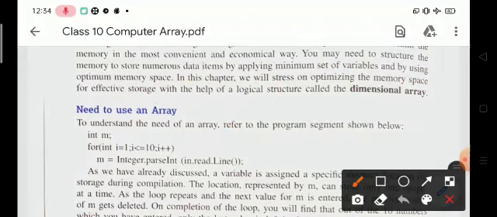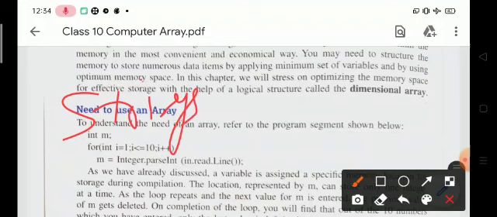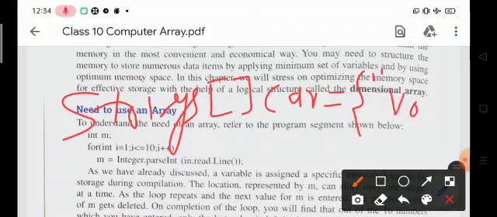We can write it like this: String[] car is equal to, and here we pass some strings. Suppose the first string is Volvo, BMW, and so on.